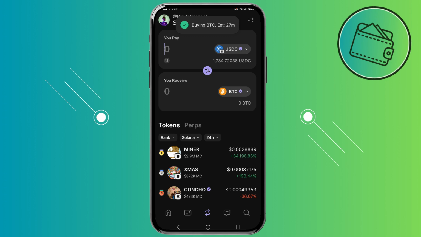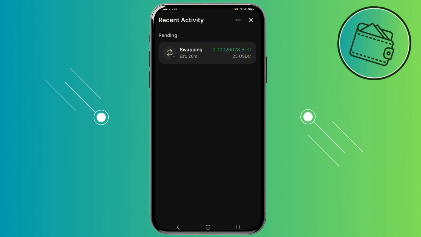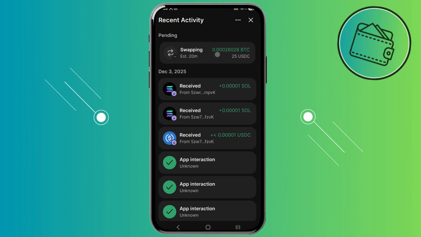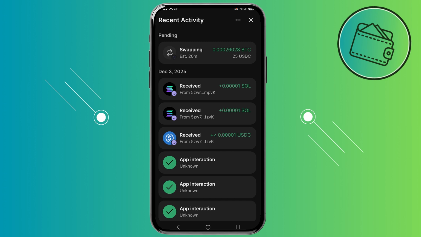And it's buying Bitcoin right now. So let's go ahead and open up our home page. And right now, because Bitcoin is a bit slower, we will just need to wait for some time for Bitcoin to arrive to our wallet. So if we go to transactions, you can see the estimated waiting time, which for this transaction is about 20 minutes. So essentially, that's guys how you can cross-chain swap USDC from Solana blockchain to Bitcoin on the Bitcoin blockchain